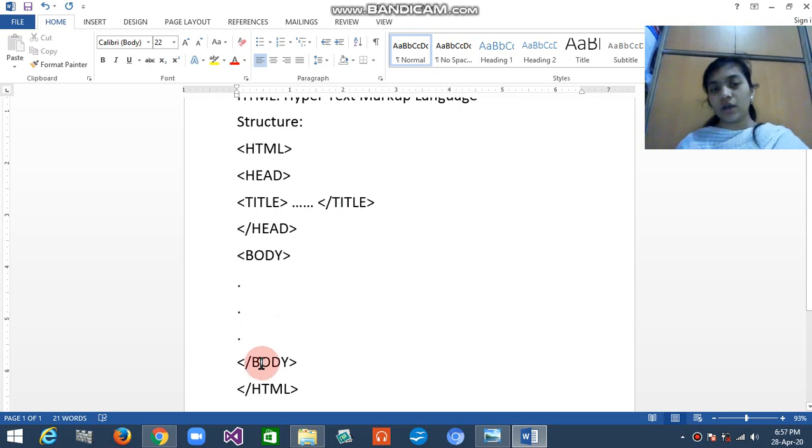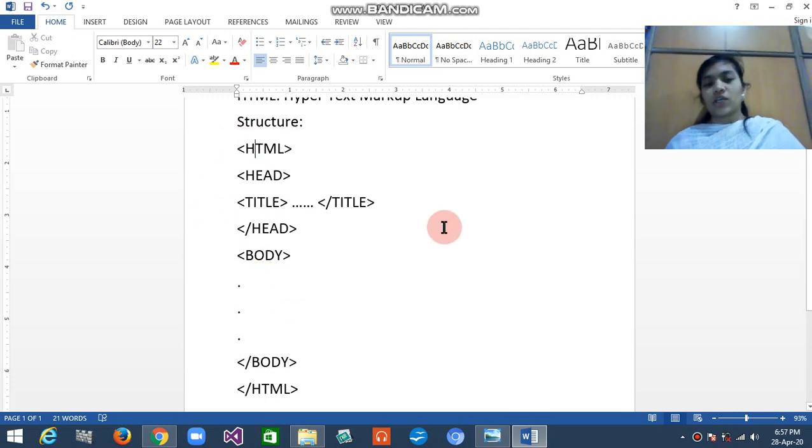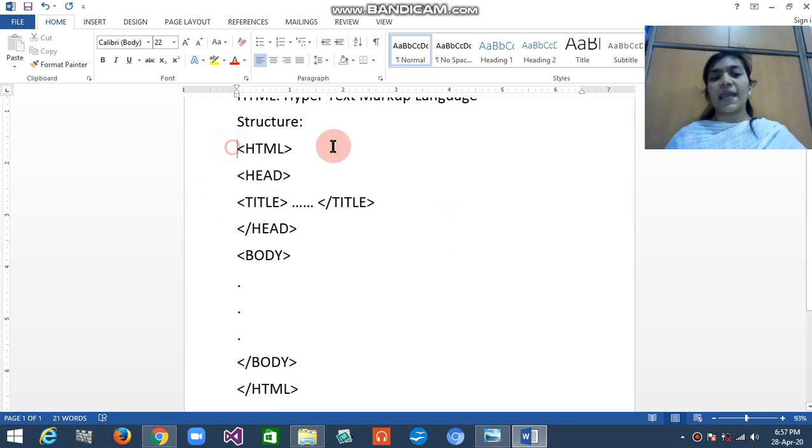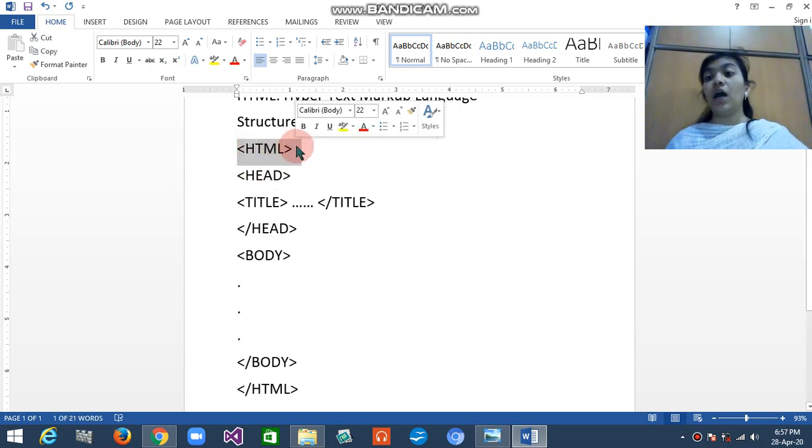When you open one tag, then you have to also close that tag. So this is the basic structure of HTML. So with the use of these tags you can make the website. First of all, let's learn HTML. To make use of the language of HTML, we have